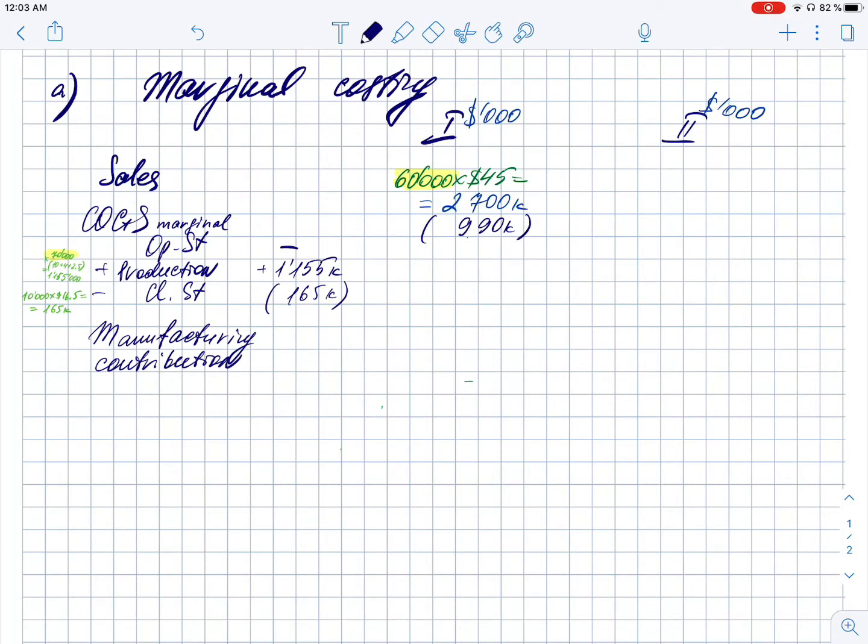Sales less cost of sales gives us manufacturing contribution, which is